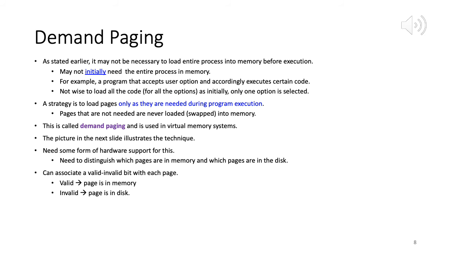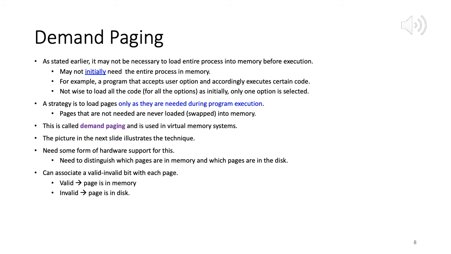Once we find a frame, that frame will have a physical address, right? And then we will load the contents of that page. We'll copy the contents of that page into the appropriate frame. So note that both page and frame are of the same size. So we may have a virtual address 1000, and for that the physical address, let's say, is 500, right? And so we load the contents of that page into that particular frame.